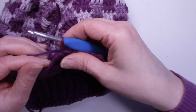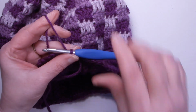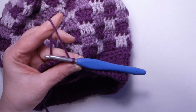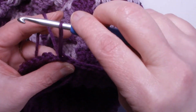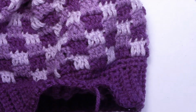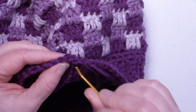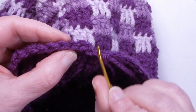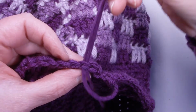So I've come all the way around, and at the bottom like this, when I do a round of single crochet, I like to do what's called an invisible join. It's not exactly completely invisible, but it helps to hide where you stopped and where you finished. So you just pull your hook straight out and get your yarn needle, thread it up, and you're just going to create a false stitch over this first one. So to keep your stitch count the same, you're going to go to the second stitch and place your needle through,